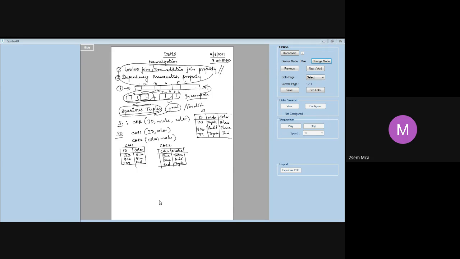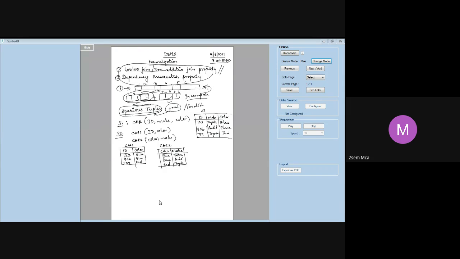Okay. So how can we generate that? How does it get generated? Let us see that. So I took a simple example. Car. Car is made of what? I have these attributes ID, make and color. These are the attributes of car. So I have taken these values. I have taken 123. ID is the primary key. So 123 Toyota blue, 456 Audi blue, 789 Toyota red. This is my car table.